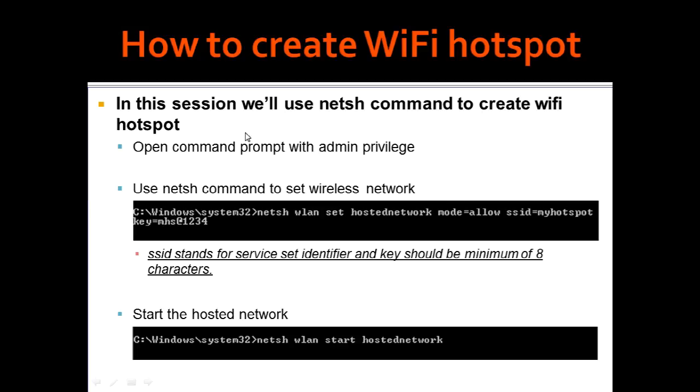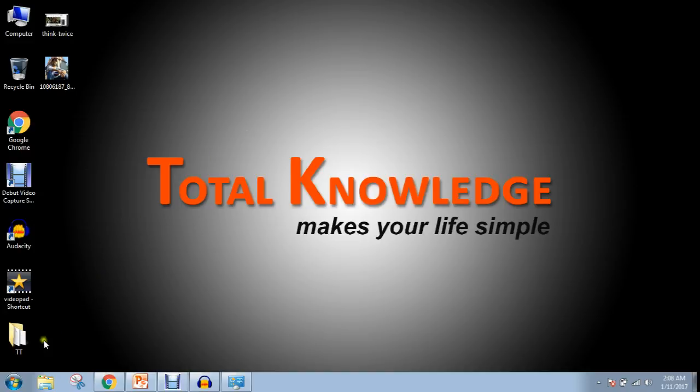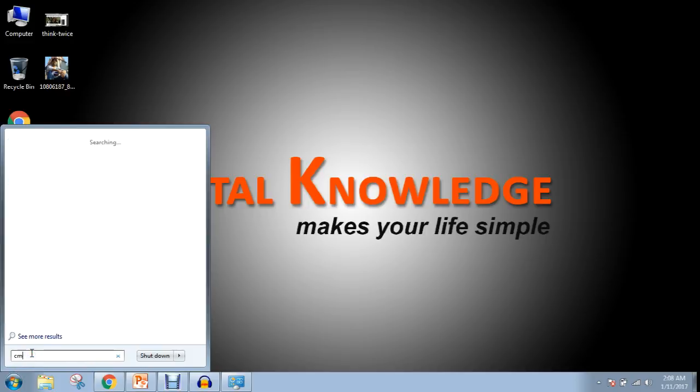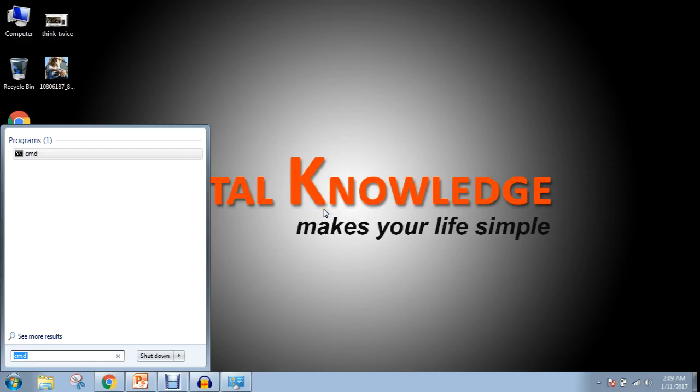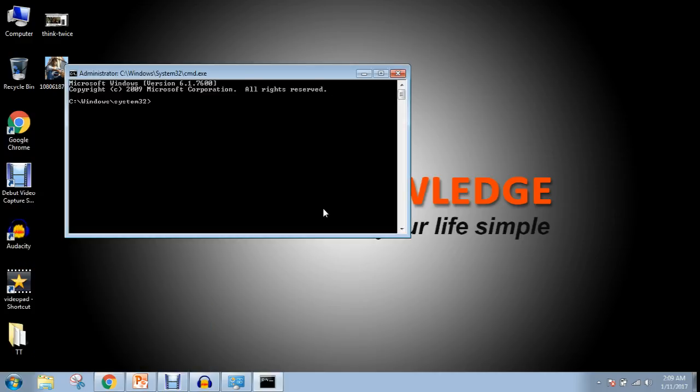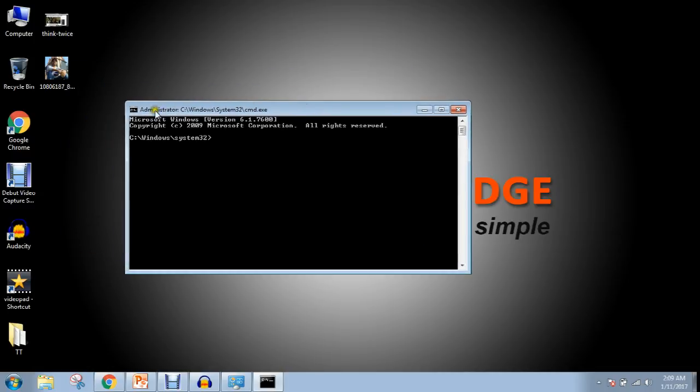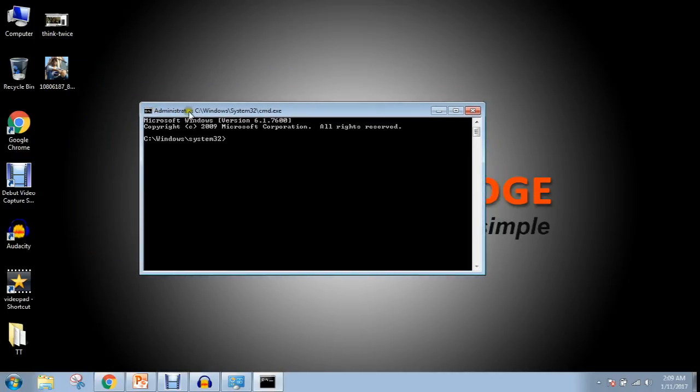First, we need to open command prompt with admin privilege. To open the command prompt, click on the start menu and write cmd. It will give you the command prompt icon. Right click and run it as administrator. So I have just opened that command prompt with administrator privilege. You can see this says administrator. Okay, so the second thing we need to do,